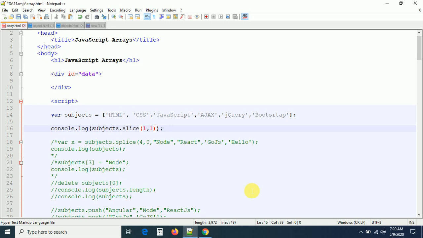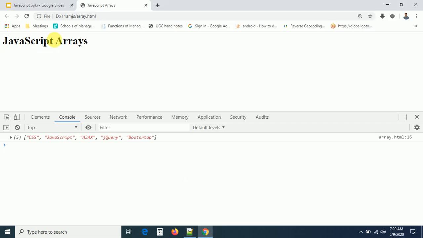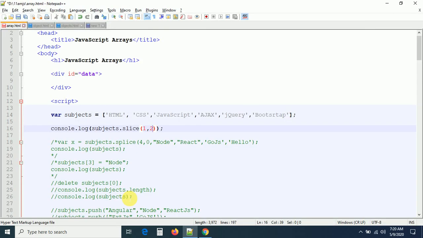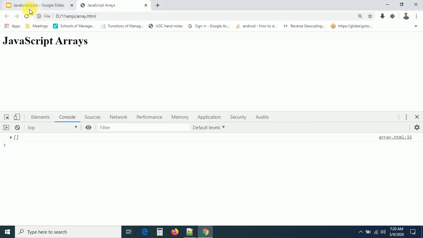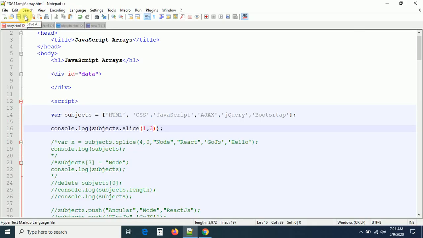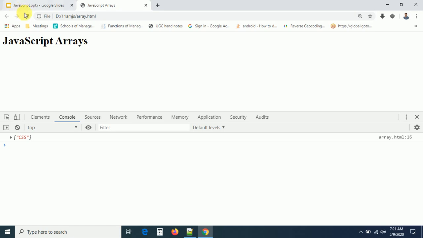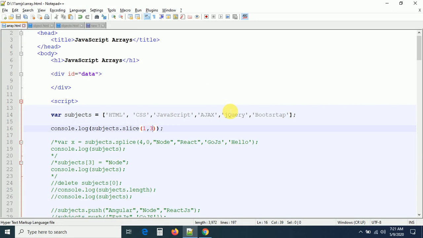So here I am going to take 1 comma 1. You may have 0 or 1. I think so, you may have a 0 array, so at least you have to pass 1 comma 2. Now I am going to pass 3. Now you can check it: up to the third element we are getting something, guys. Here 1 comma 3 means this is the starting parameter and this is the ending parameter. In between those, it is getting the elements for us, right?